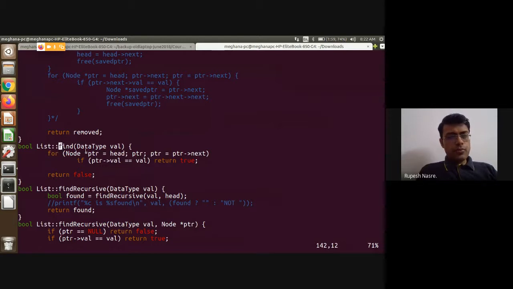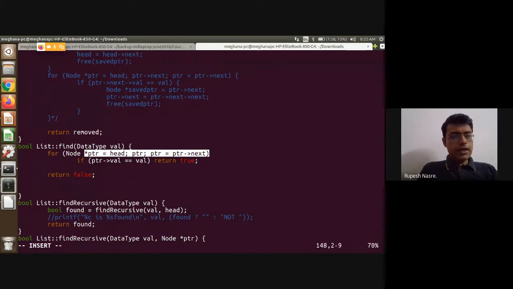So find was our loop going over the list, and you can write it in different ways. If you are not comfortable with this particular syntax, you can write it in this manner, right?